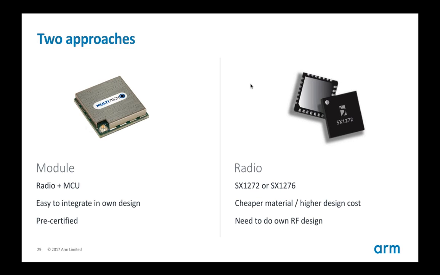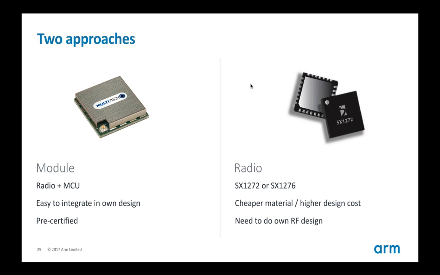If you don't want to do that because you don't have an RF engineer or you're doing a smaller batch, then going the module way could be better. You pay a little premium on it, but very often these are already certified and shielded. The RF design is good, and it makes it a lot easier to integrate in your own design because you stick the module on your PCB, and very often just a simple two-layer PCB